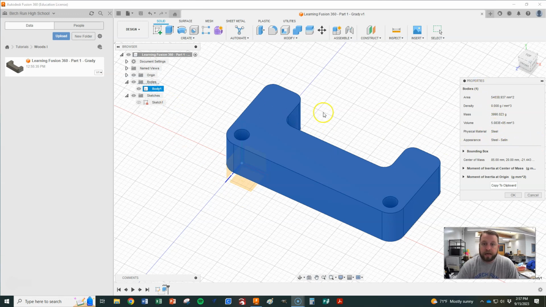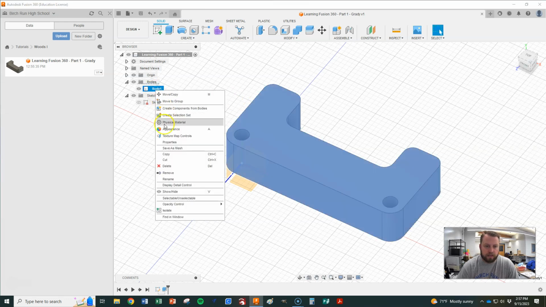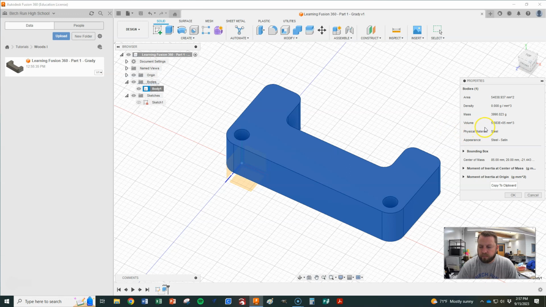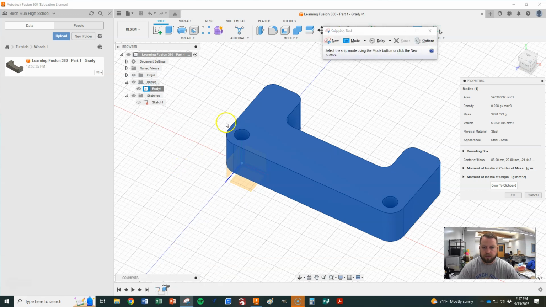If you didn't see how to do that, you go over to body and you right click. I think I have to cancel out of this first. So you go over to body, right click, and you go down to properties. Brings that up there. And then what we want to do is go down here, find our snipping tool, and